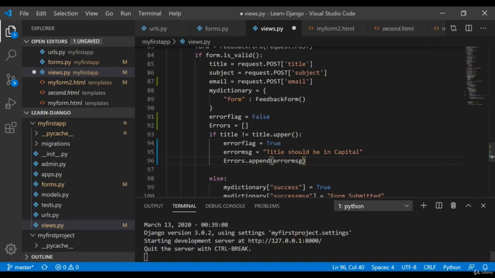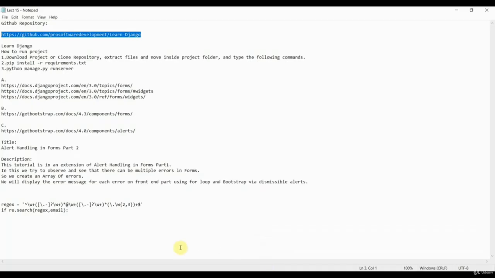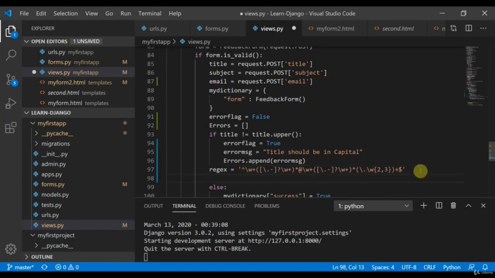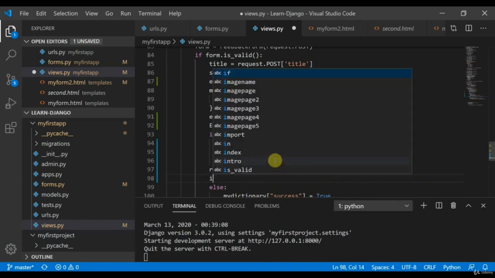In the same way, here you can see that this is an extension to the previous tutorial. So I'll define a regular expression, regex. Basically this regex is used to define the email address. Here you can see a dot symbol with the @ symbol. So regex, and basically I have my email. If not,